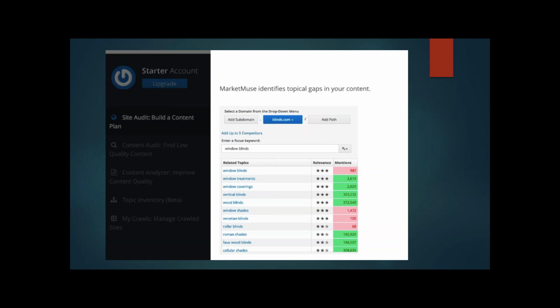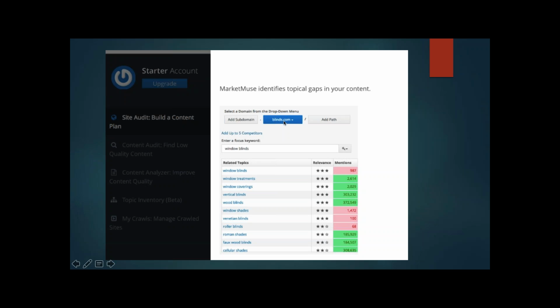I can't tell you exactly how they hack the Google robot, but they do pull in authoritative pages to look for co-occurrences. So maybe they get some of this from search results. It's proprietary, and I don't even know the answer to that. So one would expect to find each of the main topics of a website a certain number of times based on the sheer volume of content. And Market Muse determines this based on how much content is on the whole website. So it's crawling your entire website in addition to looking out on the web.